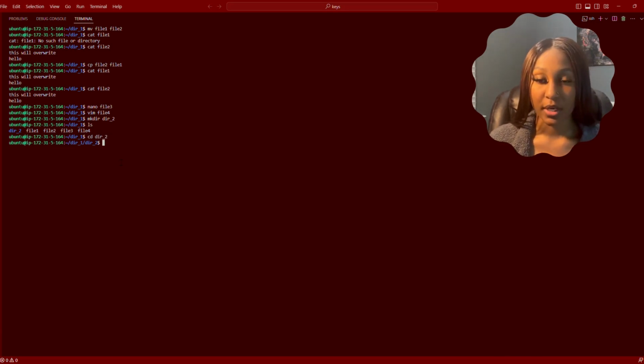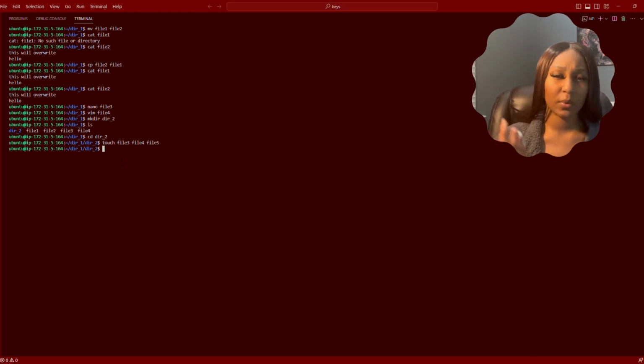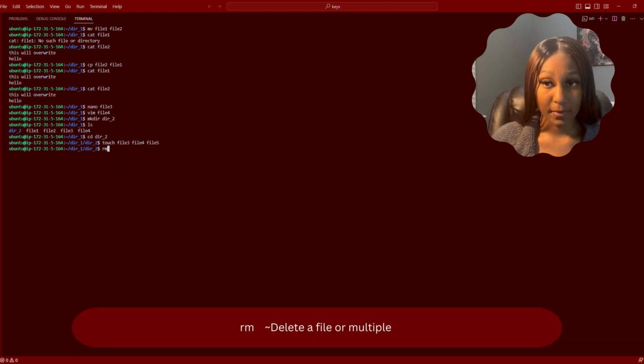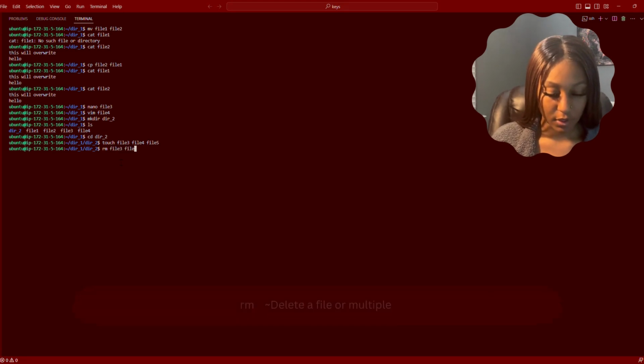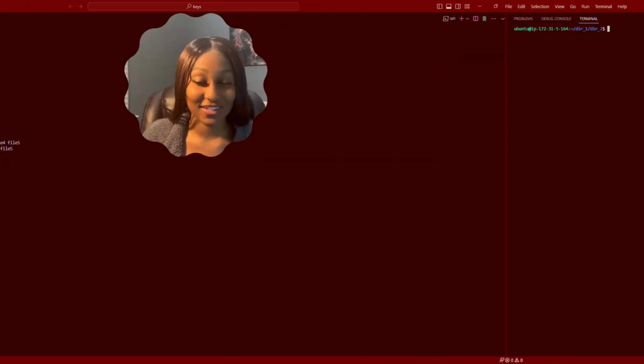Okay, so now that we're inside of directory 2, let's add some more files. You can name them anything. But say we don't necessarily need these files, we can use the remove command to remove all these files. So let's remove file 3, file 4, file 5. And now if we do an ls, as you can see, it gave us nothing because there's nothing inside this